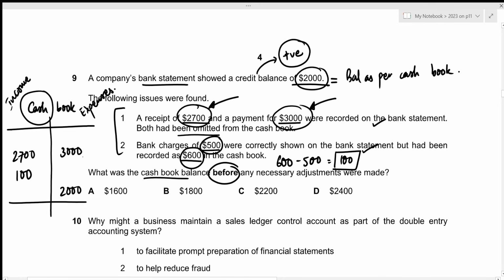Okay, in this case, we can clearly see that the credit side is heavier. So let's figure out the total from that side. That's 3,000 plus 2,000, which is 5,000. Now we need to enter a balancing figure on the debit side, and that will just act as our opening cash book balance. So that's the cash book balance before any necessary adjustments were made. Now that will be 5,000 minus 2,700 minus 100, which results in 2,200. So we're looking for 2,200 in our answer, and that is given in option C.